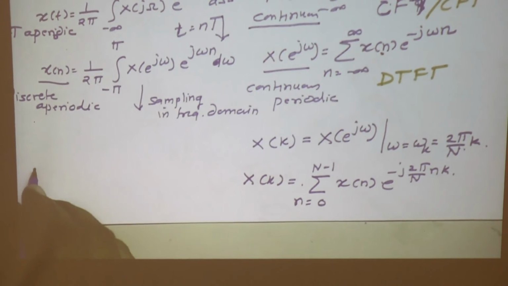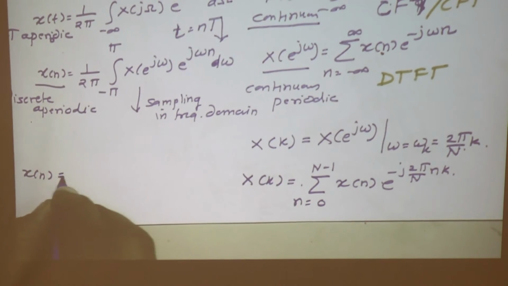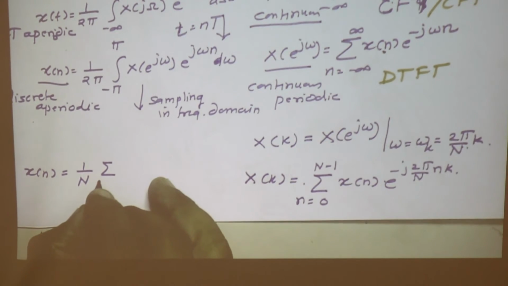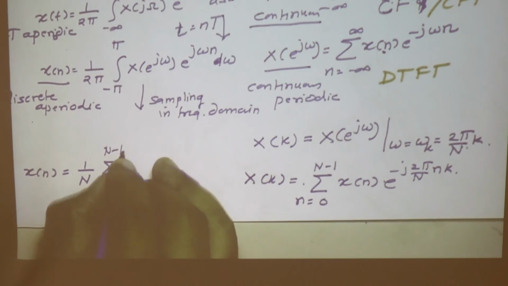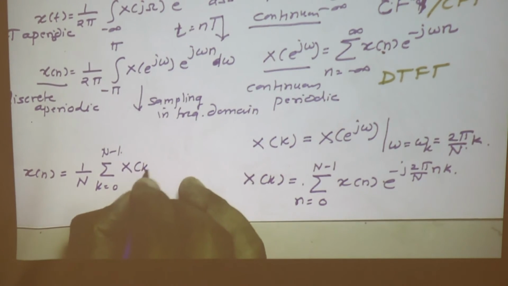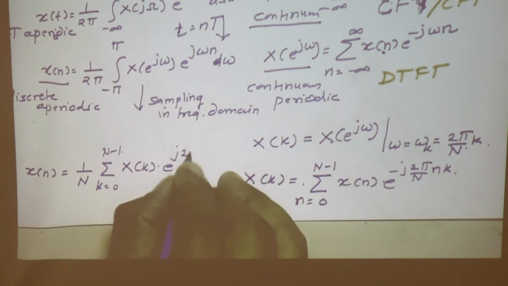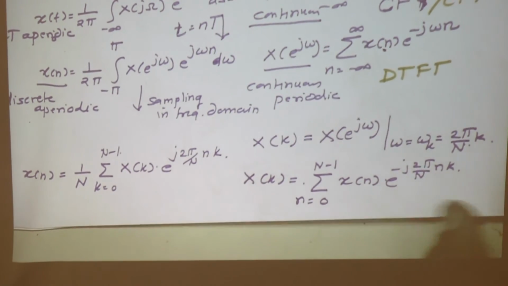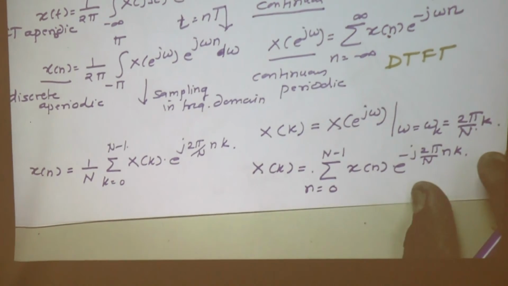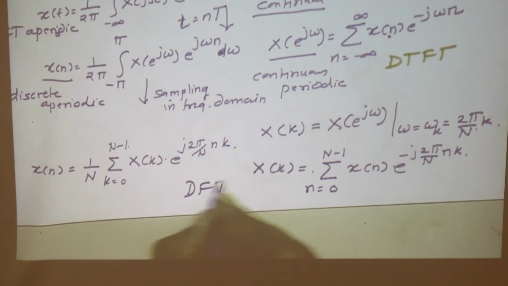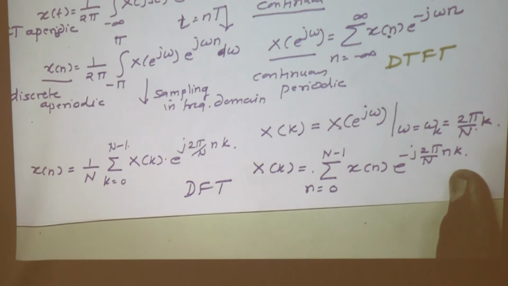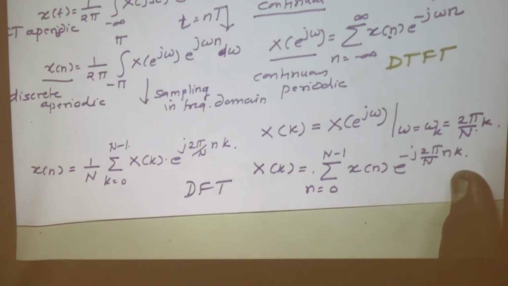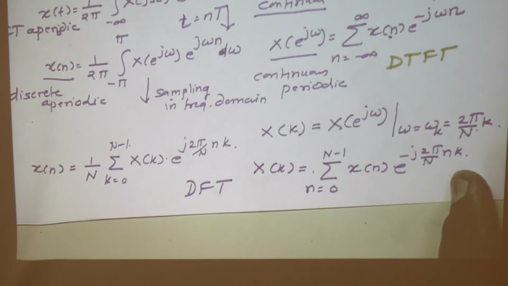So the corresponding counterpart here will become x[n] is equal to 1 by N, summation of k going from 0 to N minus 1, capital X[k] times e to the power plus j 2 pi by N times n k. And this is nothing but the discrete Fourier transform. As you see,